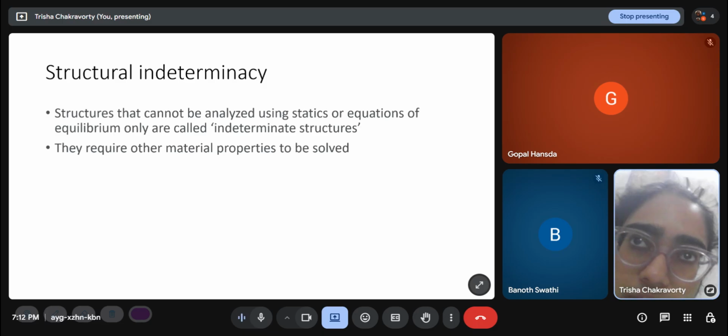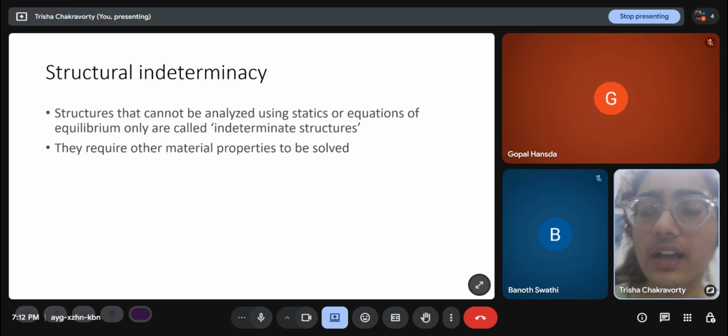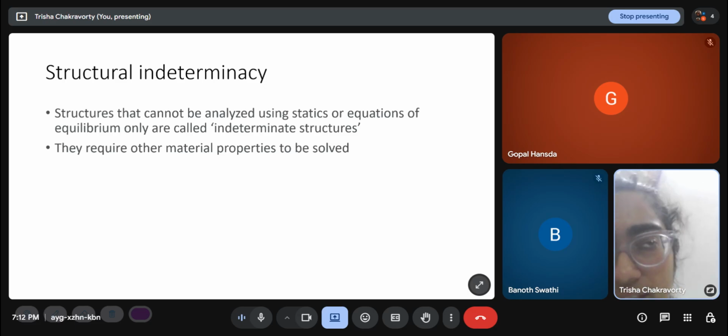Okay, you might have noticed, if you think back now, when we were solving the support reactions of a beam, just suppose a cantilever beam with some loading pattern, did the material property come into question anywhere? It did not. Only the geometry, like the length of the beam, comes into the equation, because if there is a tip loading P, then the moment generated at the fixed end of a cantilever beam will be P into L.